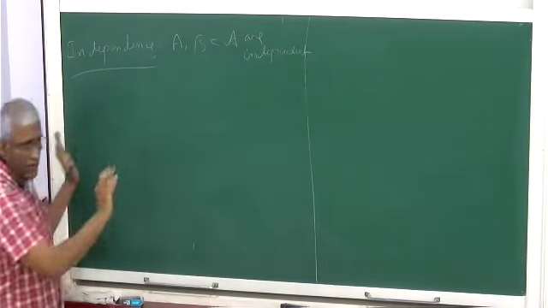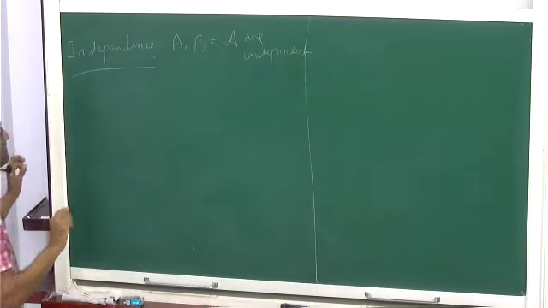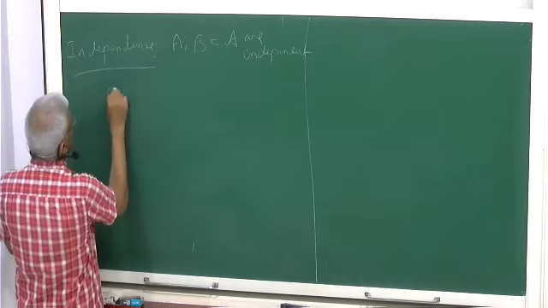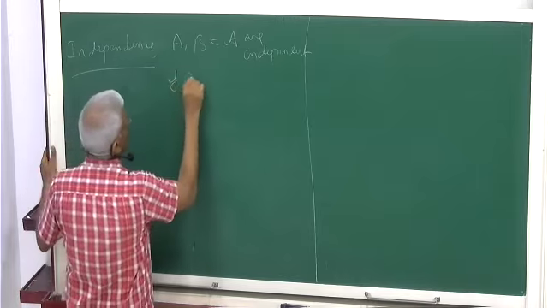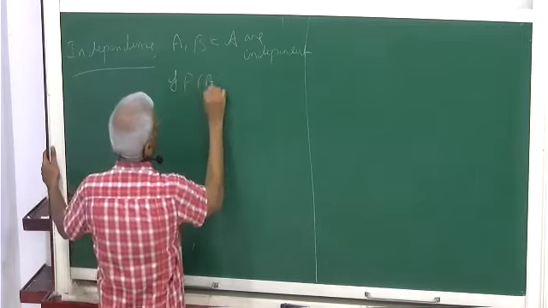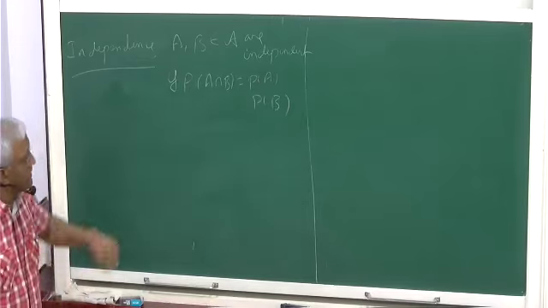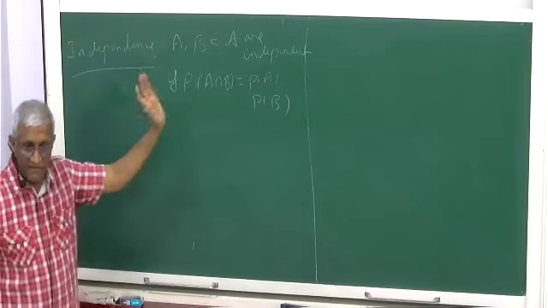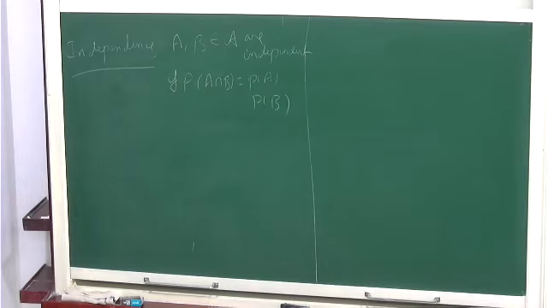This is the same for any probability space, need not be discrete or anything. Then A and B are independent if P of A intersection B equals P of A times P of B. That's all. Which is equivalent to saying that the conditional probability of B given A is P of B itself, and the conditional probability of A given B is also P of A. So this will follow from this. Okay, it's equivalent to this.